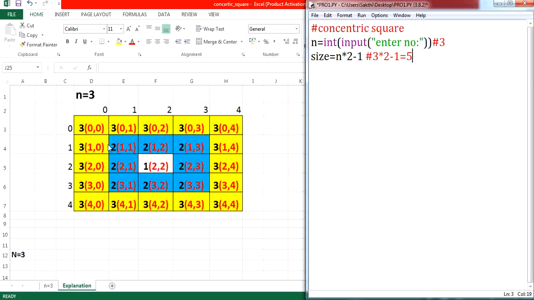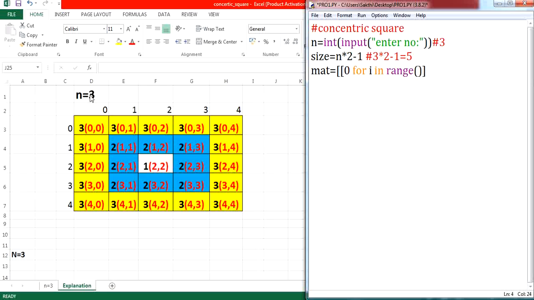Now we are supposed to declare this particular matrix for further execution. So how to declare the matrix here? Matrix assign. Here I am going to use list comprehension for declaring the matrix with 0, which means the initial value is 0, for i in range size. If the given value is 3, the size of the matrix will be 5, so it will be a 5 cross 5 matrix.